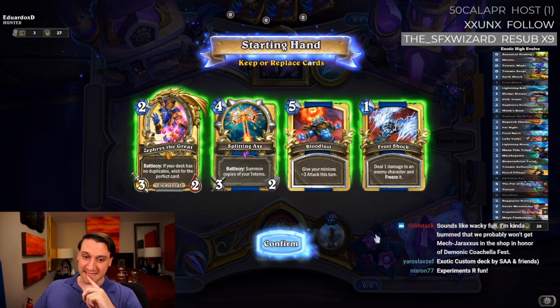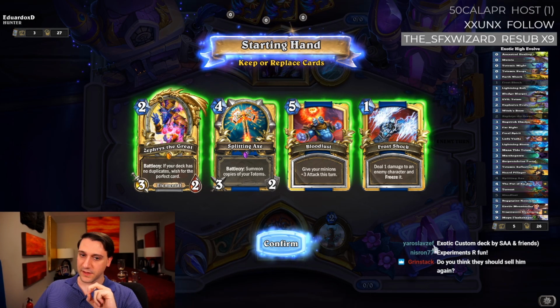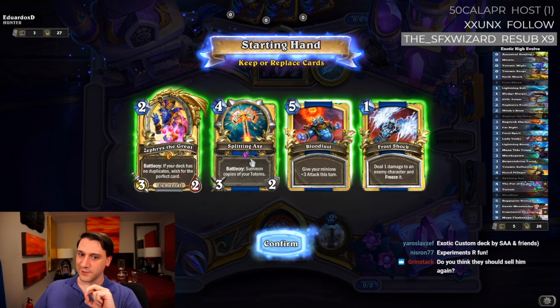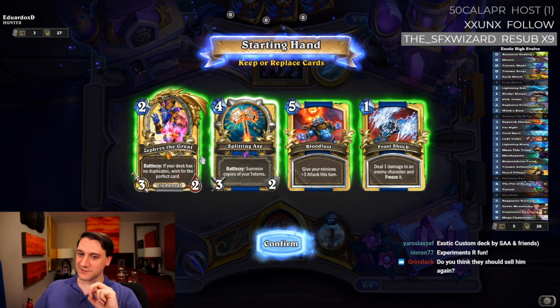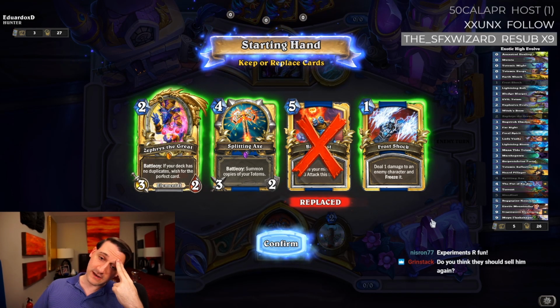Zephrys, amazing. Can help us remove some early stuff. I don't think we need to ramp with this deck so much, but he'll be an excellent answer if things get out of hand. Splitting Axe. Okay, so we're switching to the totem route for this game. Bloodlust we want later. Frostshock could help us against...